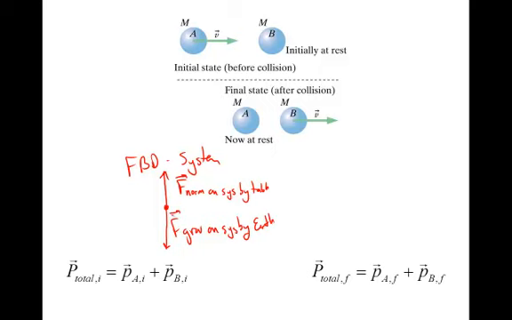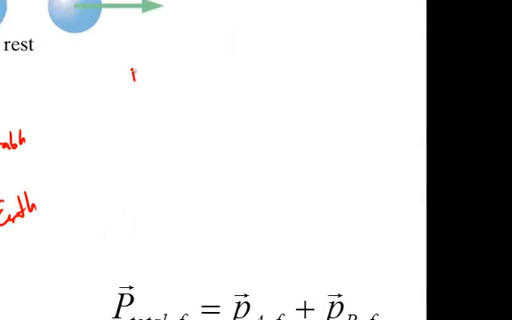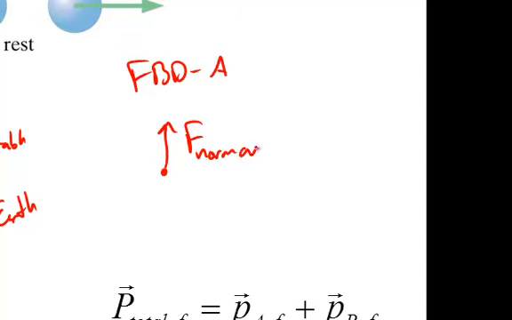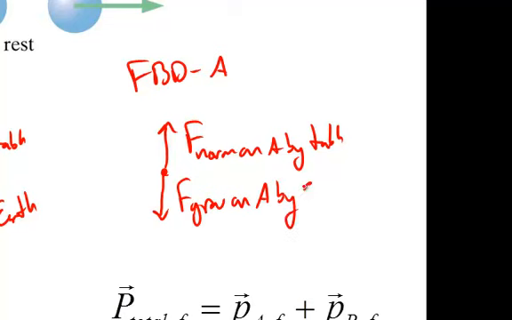And we can find these individual forces simply by adding the forces up on the individual parts. So if we draw the free body diagram for A and B, then let's draw the free body diagram during the collision when A and B are actually in contact. So the free body diagram for A during the collision, we're going to have F norm on A by table, F grav on A by Earth,